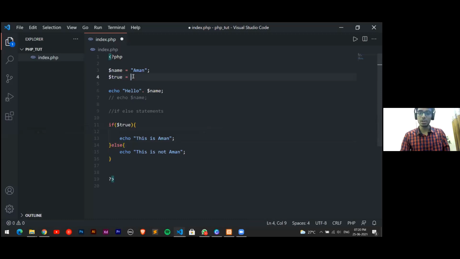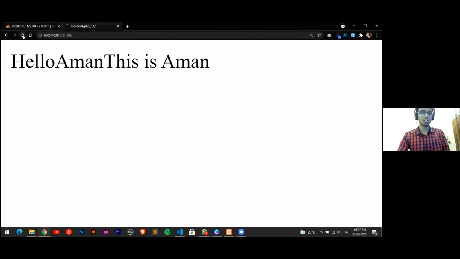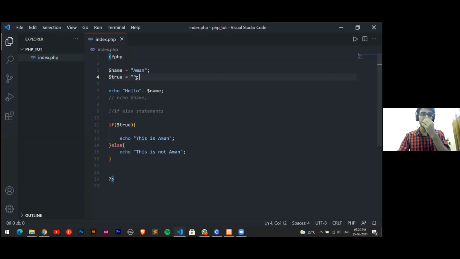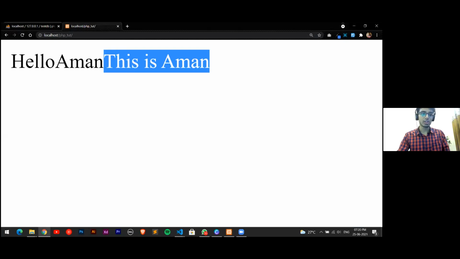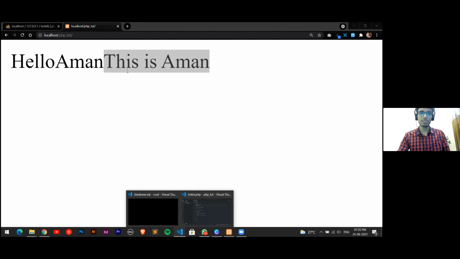As you can see, if I provide it with a value, now what this is doing is checking the true variable. So if I have a value over here, 1, then it will give me this is Aman, since it is true.